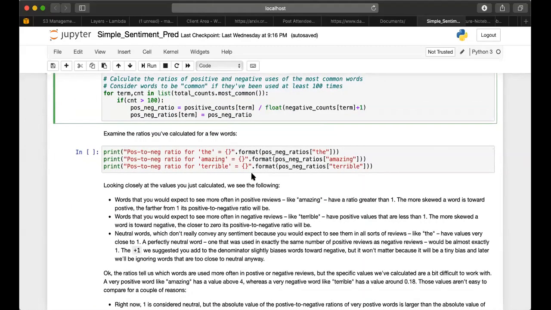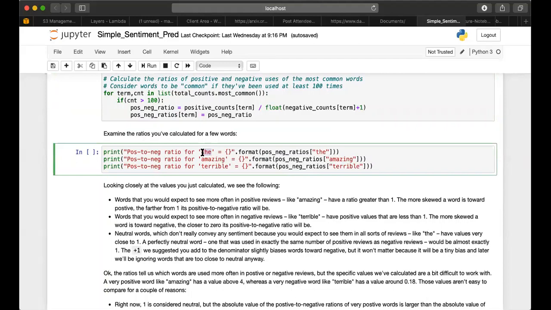So after this, you can just print the ratios and then see how it works. So now you would see what the ratio of the would be, what the ratio of amazing would be, what the ratio of terrible would be. And you'll notice something, right?